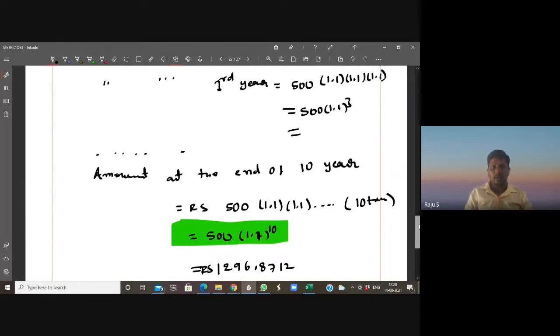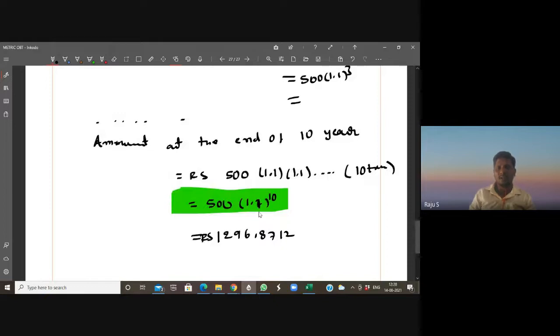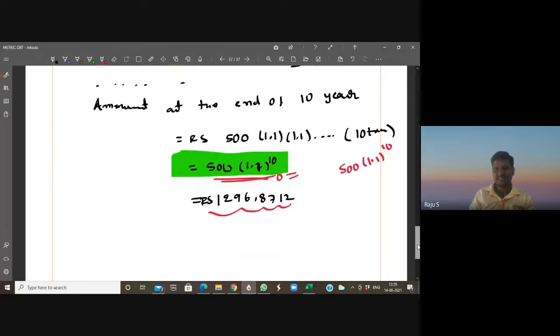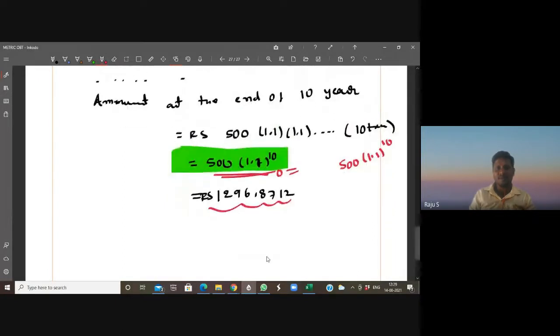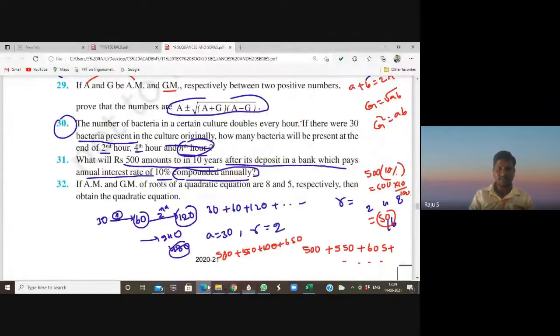Sometimes, while correcting the paper, generally what we will do is write the key for us. So we will write 500 into 1.1. Sometimes if you write the answer like this, he may write some other answer. You may stop here. It is better. Okay. Right. Next,